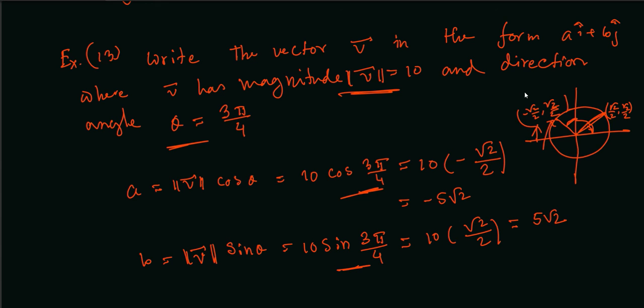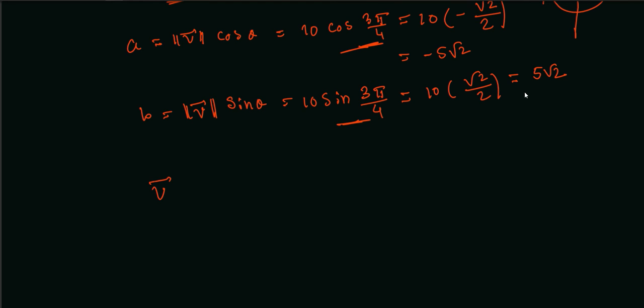We got the components a and b, so we can write the answer in this form: a i plus b j. v equals negative 5 square root 2 times i plus 5 root 2 j, and that's the end of the problem. Next problem,